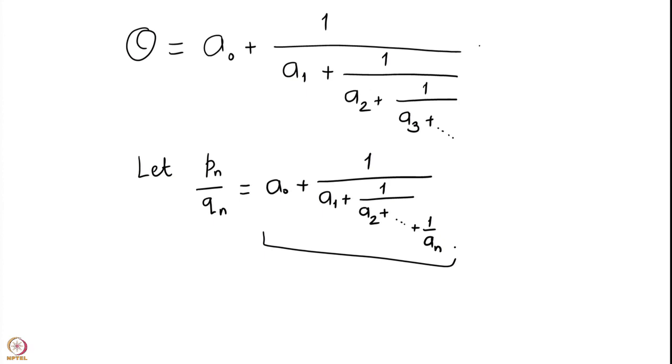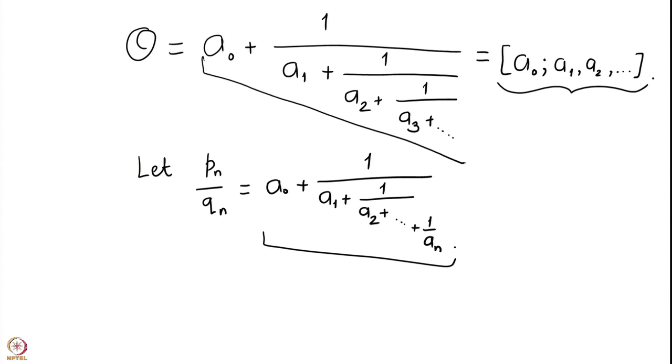We also have a simpler notation to write this continued fraction expansion. We write the first integer, which is the integral part of theta, as a0, we put a semicolon after that, and then we write all these integers separated by commas. So, this is our notation. When we write the continued fraction expansion in this way, it means that we are looking at this continued fraction expansion, and we want to prove this. We have not yet proved this.